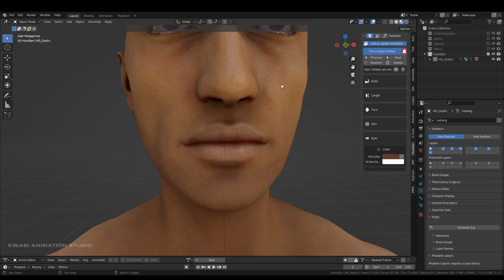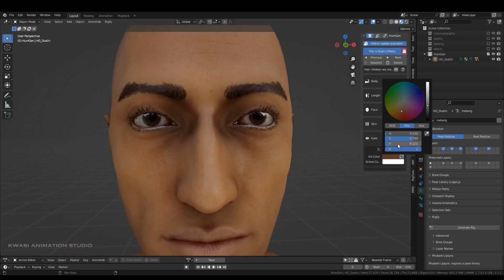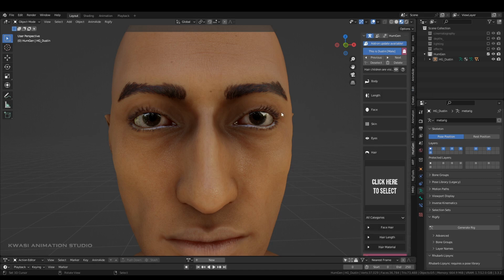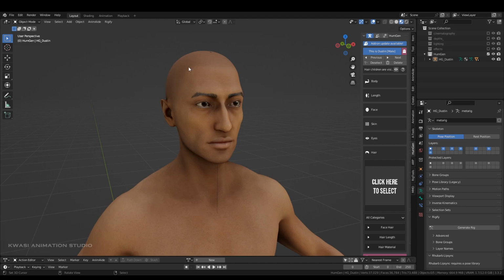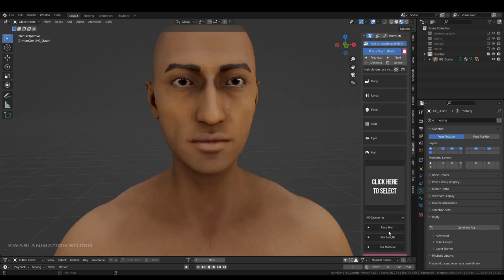It also allows me to deal with his eye color. So right now it's at a pretty decent number. I'm just going to take it down some more. And a trick I learned a long time ago is that the eyes are not always exactly dead white, so I always bring it down a little bit. And then for the hair, so you have for the lashes, I noticed the